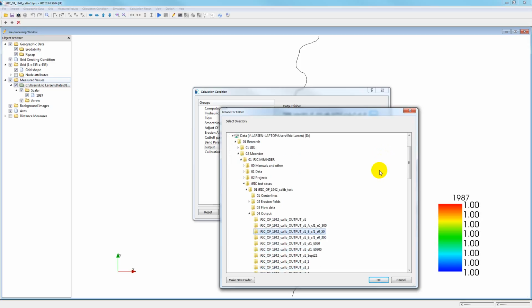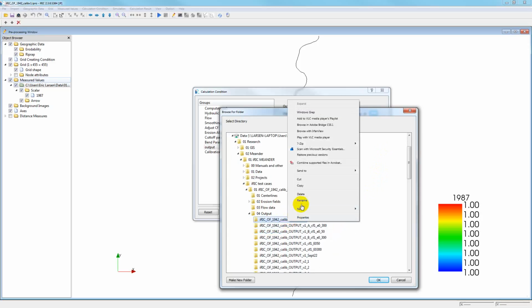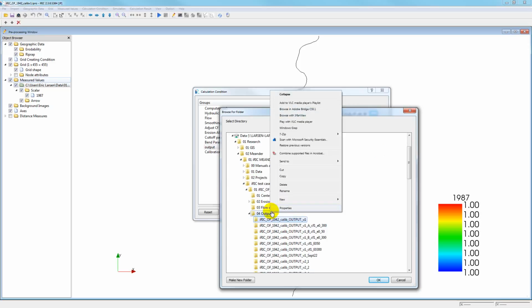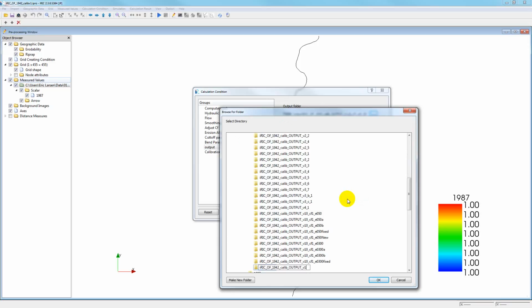Well, I've got a particular way that I've been doing it here, and that is I've got a folder called output. And what I like to do is I like to go take one, I'm using version 1 here. That's an old output file. I want to copy the name of that output file. Then I create a new folder, and this is version 1, and I will call it